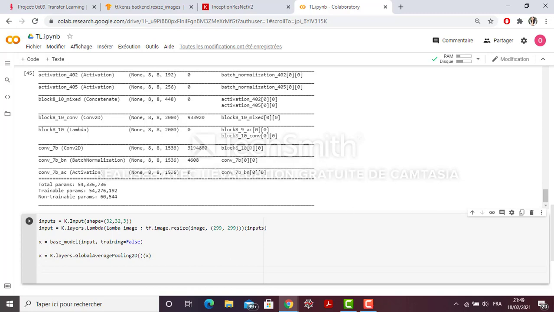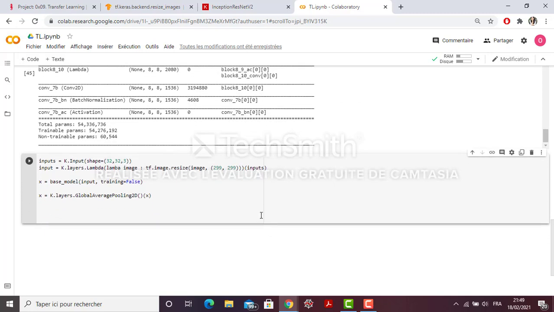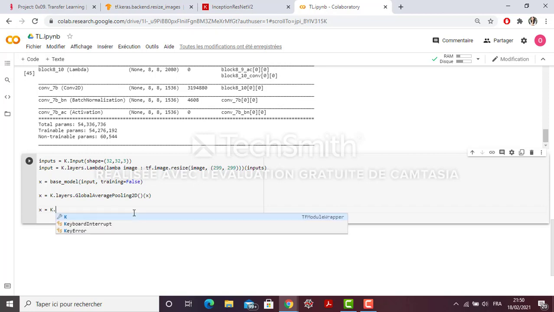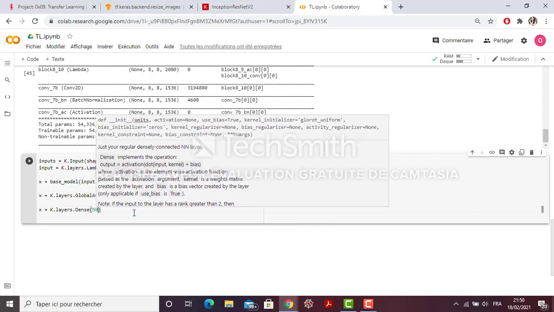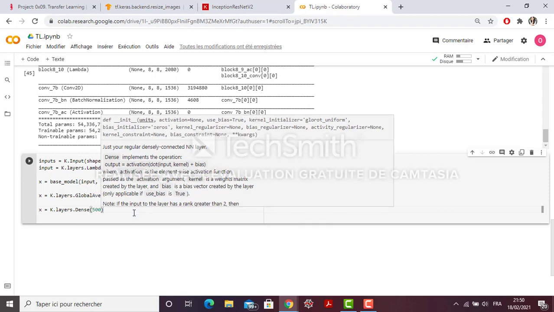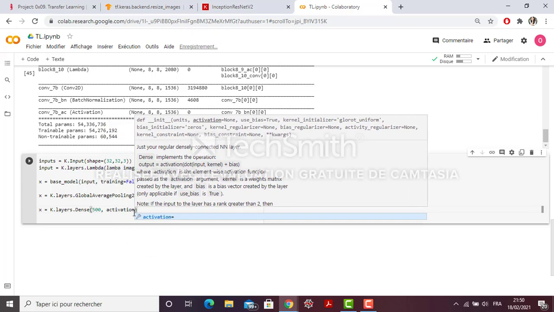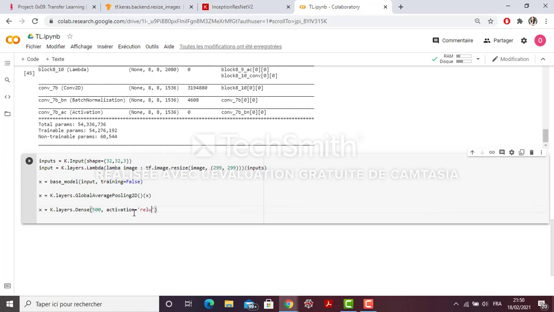I could add several or just one layer; I choose to add two layers. The first one will have 500 units with an activation equal to ReLU, and it will get the X layer.